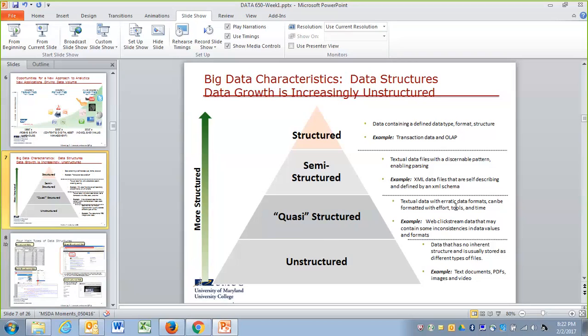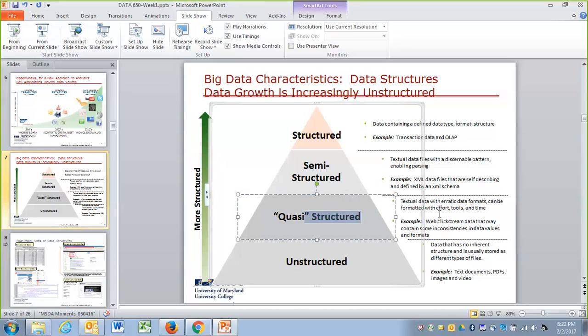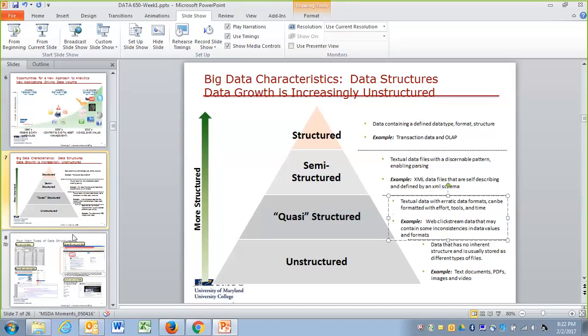About the quasi-structured data, many people think of web click streams. They are really very important data, but it is still easier to extract knowledge from them than from totally unstructured data, and that's why I have them separated.